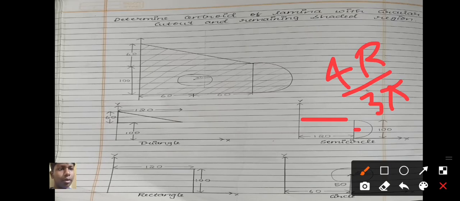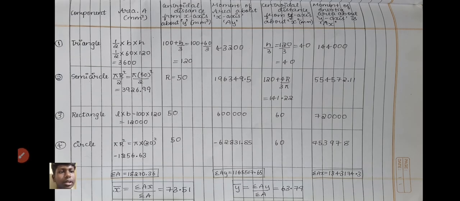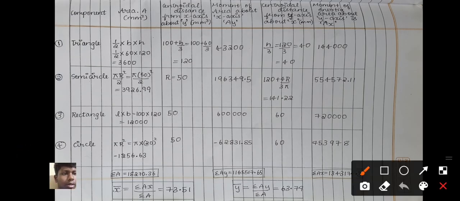So this will be 120 plus the centroidal distance from the y-axis for a semicircle, that is 120 plus 4r by 3 pi, where the value will be 141.22. This value multiplied with the area gives us the moment of area about the y-axis, which is ax,